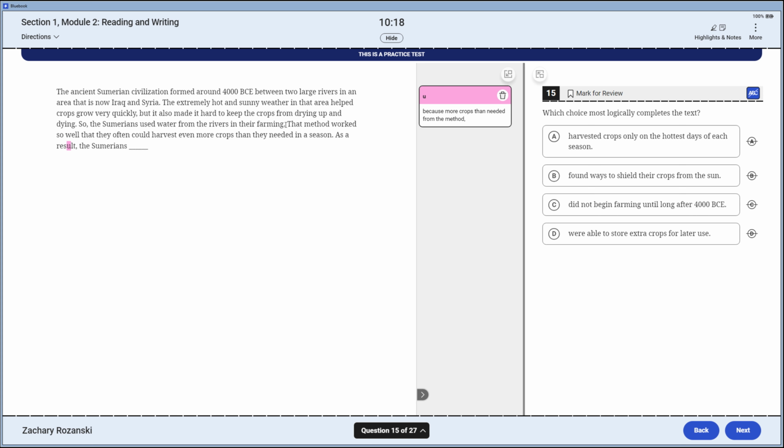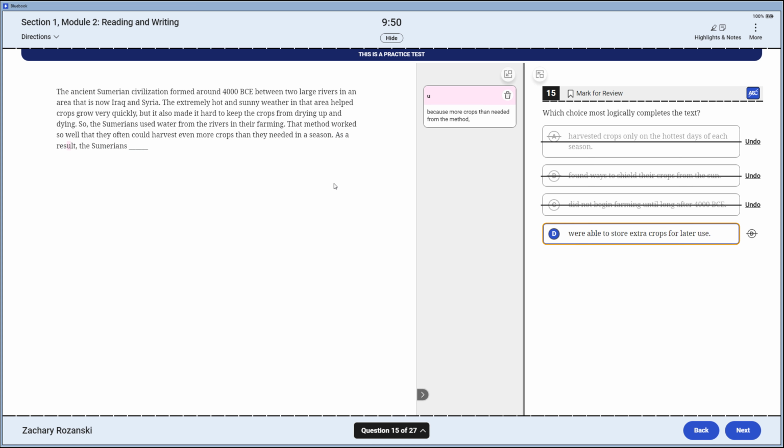What? Right? This is engaging a summary, and I feel so comfortable with this concept that I'm going to start looking back. I recognize that that is a signal element that could kick me back, but sometimes you can get kicked back and be confused. So I keep grinding. Because more crops than needed from the method, harvested crops only on the hottest day. There's nothing about temperature here. Found ways to shield the crops from the sun. No, they had more than they needed. They can let some die. Did not begin, I don't know where this date's coming from. Because they had more crops than they needed, they were able to store crops for later use. I love that. As I explore backward to make sure everything's fine, I could see why other details had been distracting, but